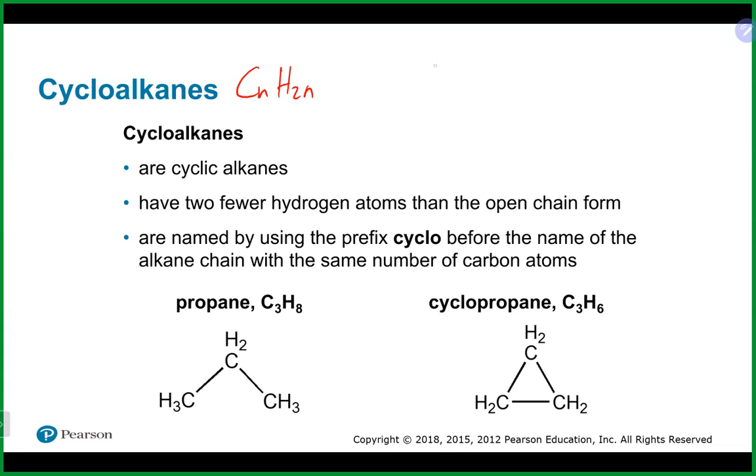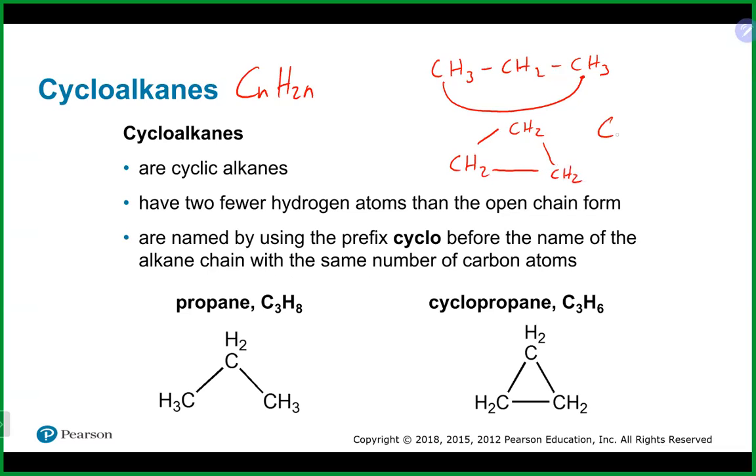Well, if we take something like our friend propane here, CH3, CH2, CH3. These two guys are going to come together, but as is right now, if you try to make a bond between those two, they would end up with too many bonds. So in order to make that bond, we actually have to lose some hydrogens, and we will end up with something that looks like this,